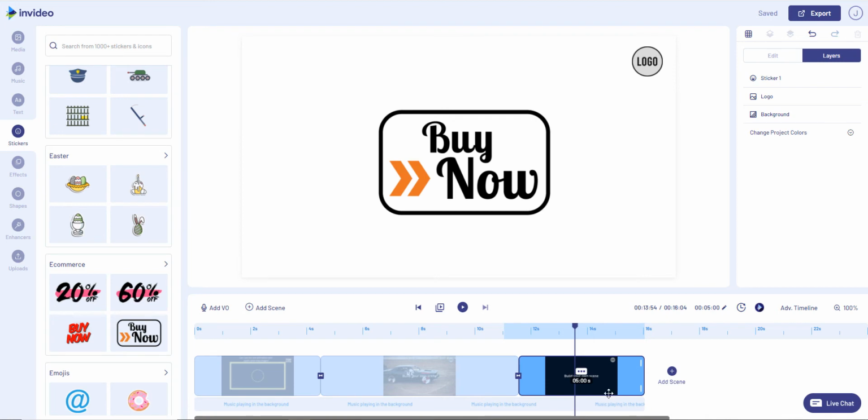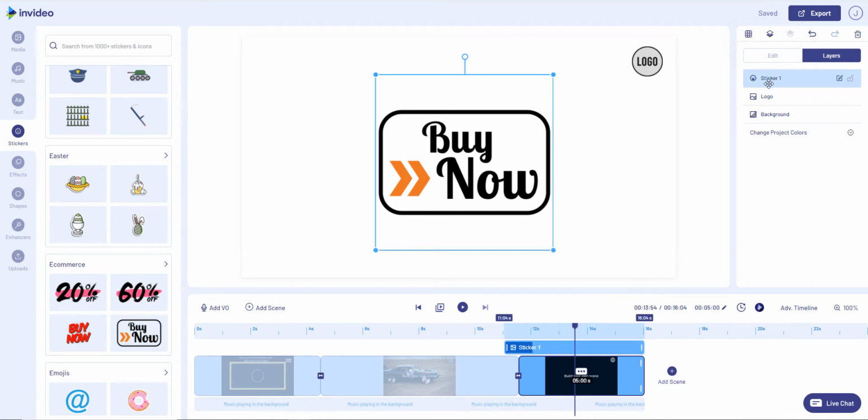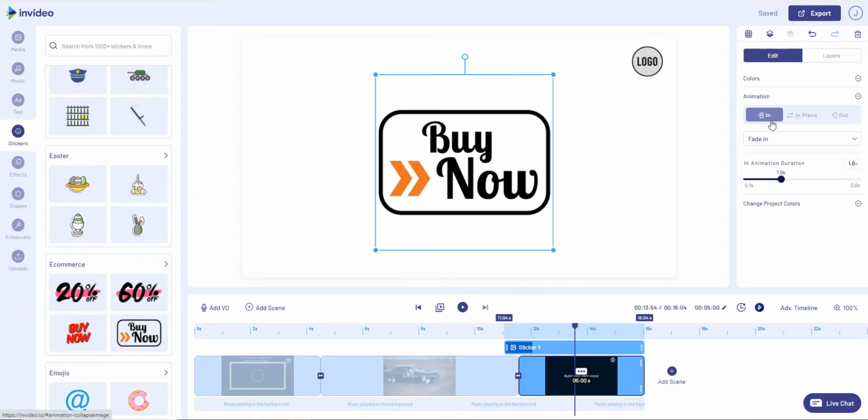So let's animate it. So let's go sticker, edit, animation, and at the moment it's got fade in as a default. Let's try and make it a bit more fun. So we've got all the standard ones. Let's go groovy, shall we? I'm feeling groovy, so I'm going to go groovy from the left for 1.5 seconds roughly,